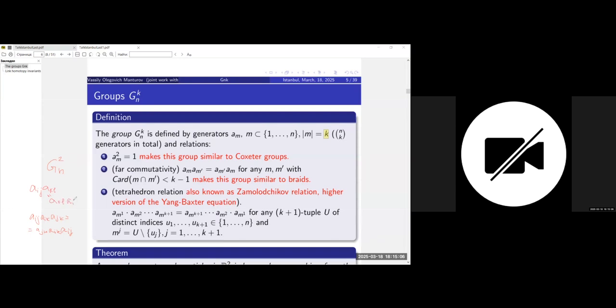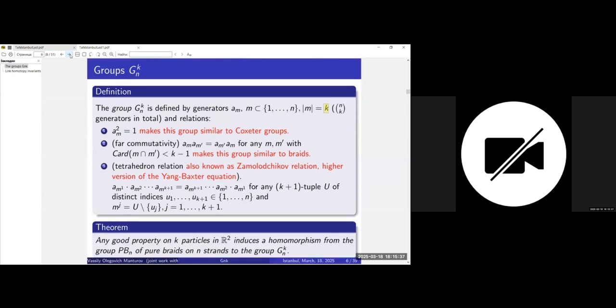And actually, you may imagine that we have something like strands, and the second relation means that independent events commute. So if we have, say, strands ij and kl, then independent events commute. And here we have something like the third Reidemeister move for knots or the Yang-Baxter equation. Okay, you will see more examples and more explanations.